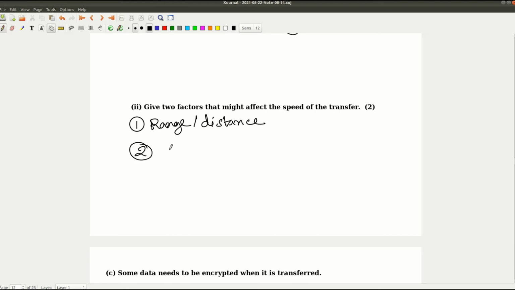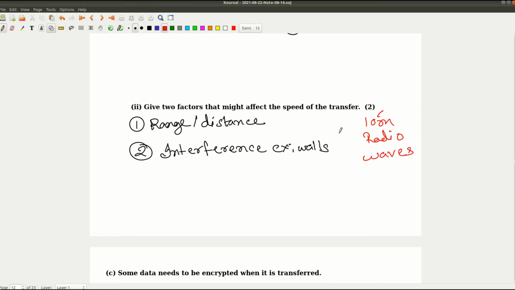Second is interference. It means, for example, if some object is coming in the way, then it is quite harder for Bluetooth to transfer the data. Range for Bluetooth, I think, is about 10 meters, but Bluetooth is using radio waves. Okay, Bluetooth is using radio waves